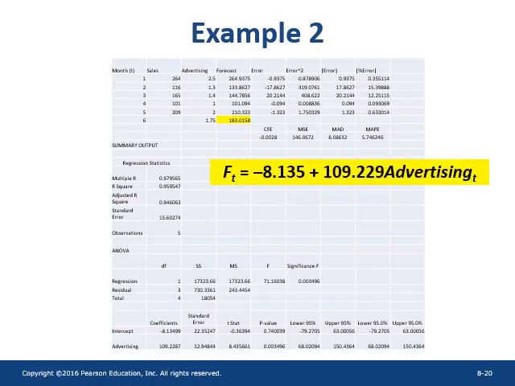So that's essentially what you see happening here. If advertising is 2.5, then using this forecasting technique, -8.135 plus 109.229 times 2.5 gives you